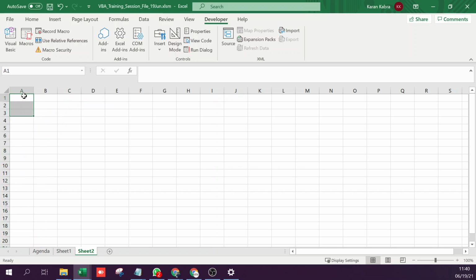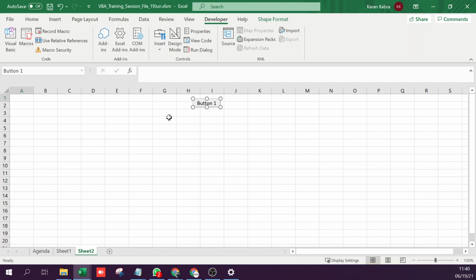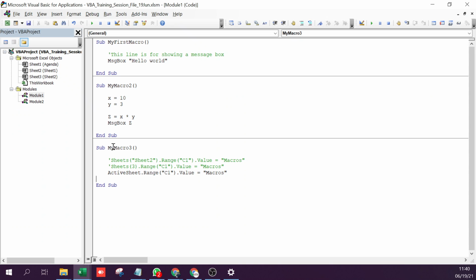Or let me just put a button. My macro 3. See. So these are the multiple ways to reference a sheet. Yes. I normally use this and this.